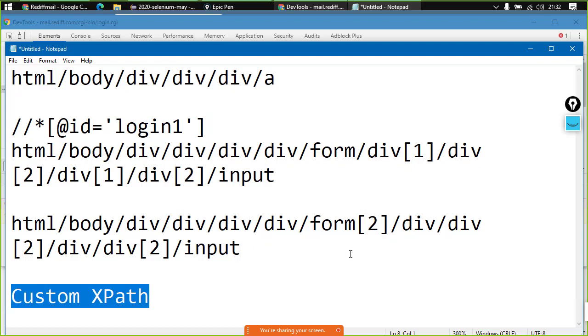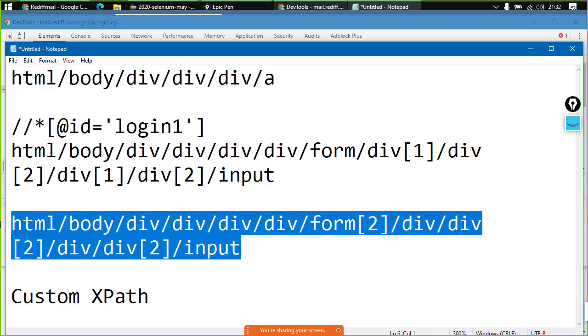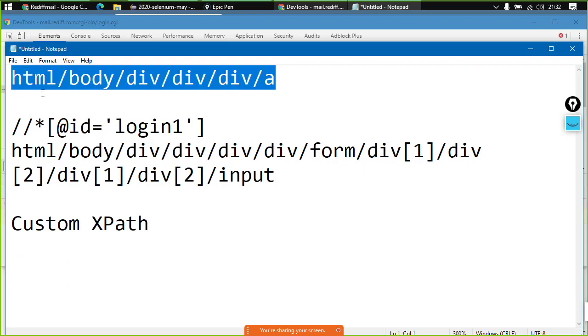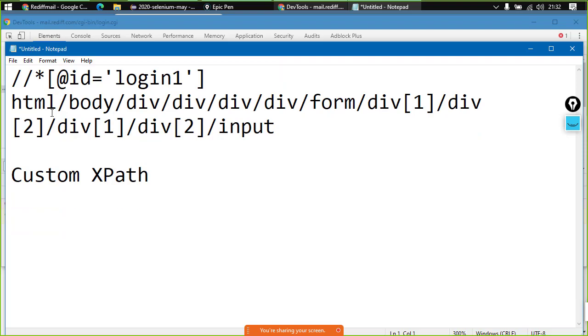Now let us just remove this one and remove this thing here as well, right? Now for custom XPath, what do we need to do, right? So there are few things that we need to keep in mind. First thing is, either we can start with the root, or either we can start with any part of root. So //, now remember, there was a star. We won't be specifying star.